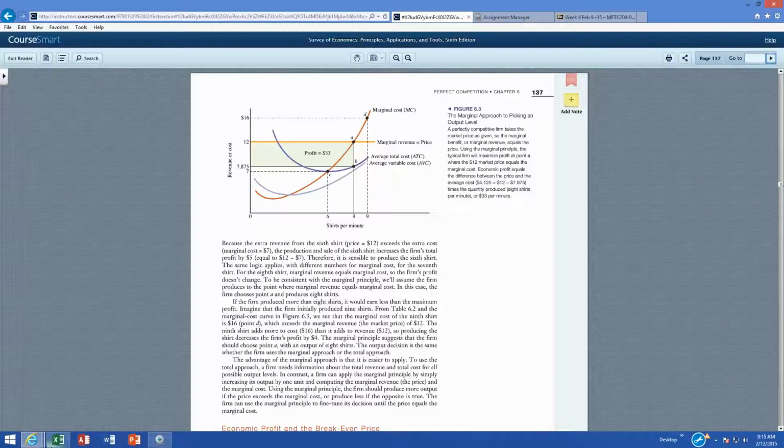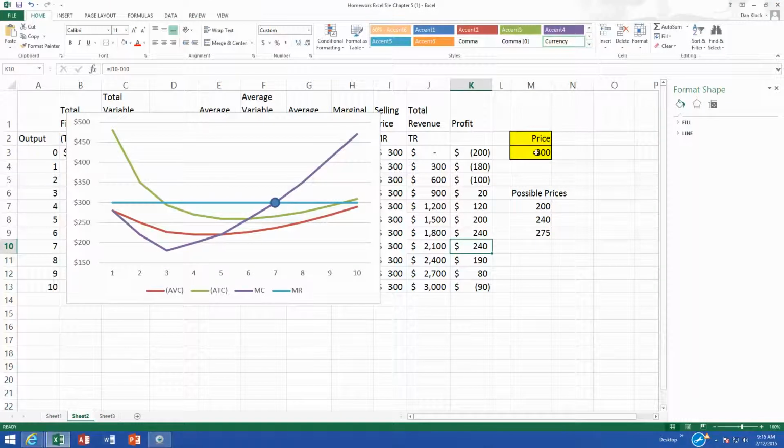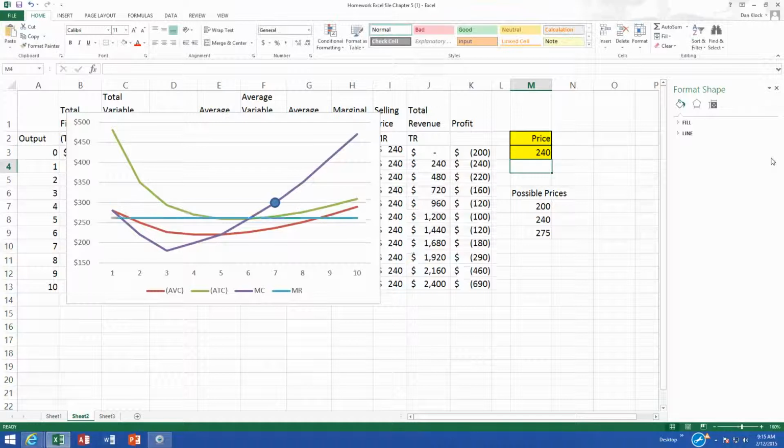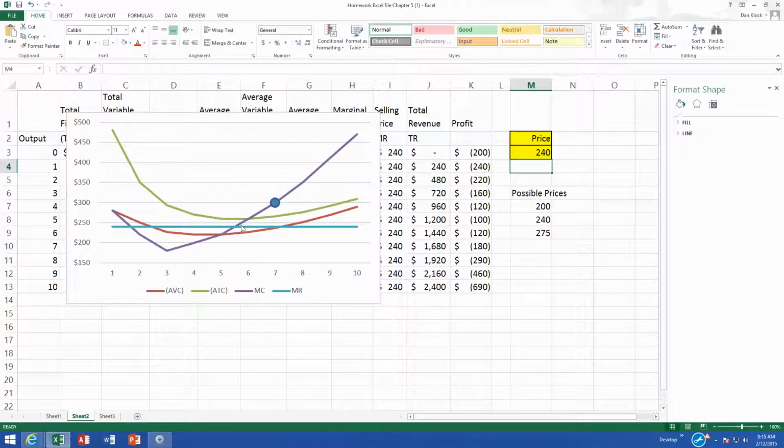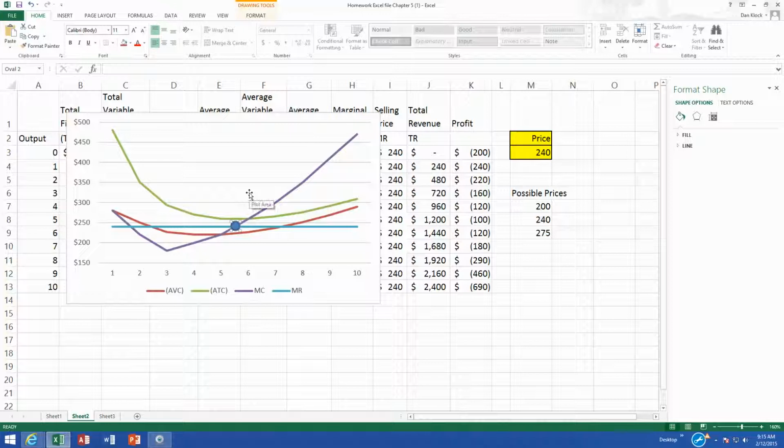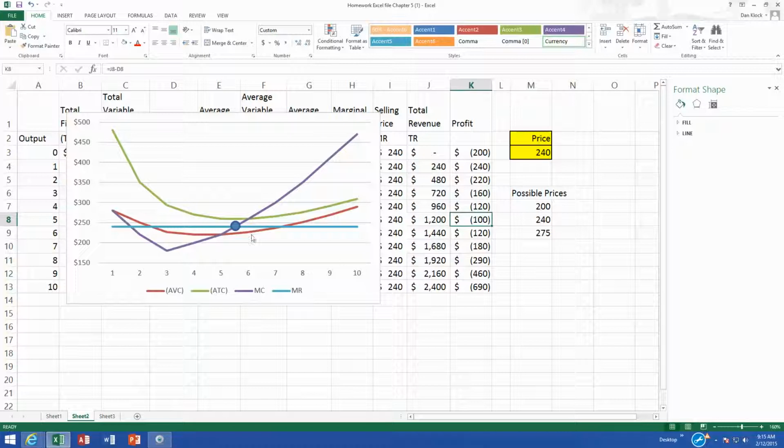So I'm going to go back to the Excel spreadsheet for a second. Let's take a look where the price goes back down to 240. If we go to 240, notice my blue line, my marginal revenue, changes. Everything else stays the same. Then where marginal revenue equals marginal cost is right there. And notice that we are in between the average total cost and the average variable cost. So here, we're not making profit. At this point of 5, or close to 5,